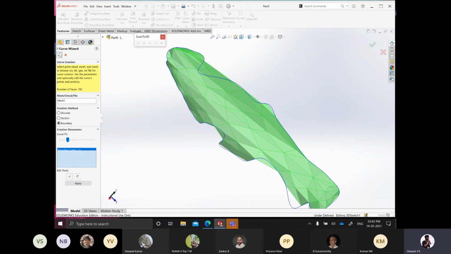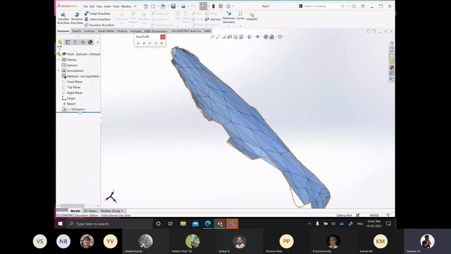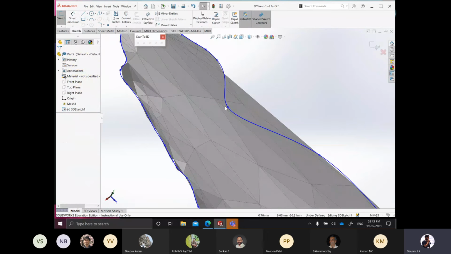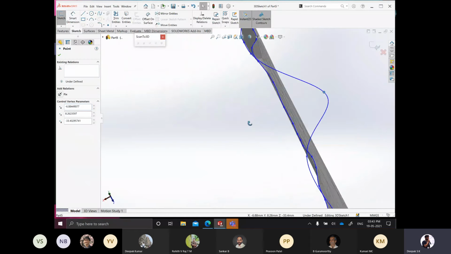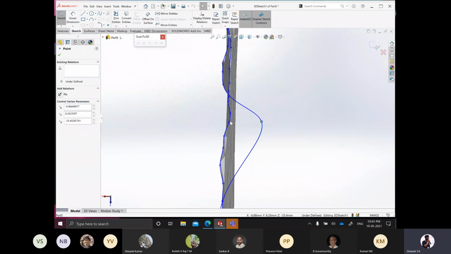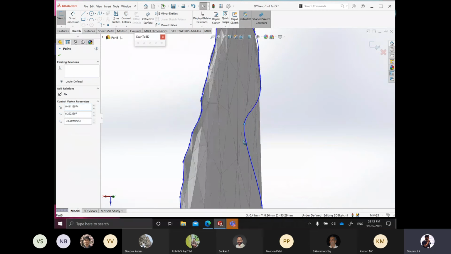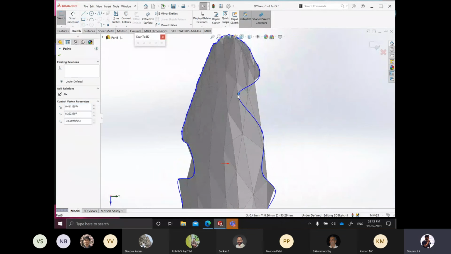Simply going to accept this for now. Now you can see that the software has created a separate 3D sketch for you. Now you can edit this sketch. You can drag and drop these points in a way that it best represents your model. Now mind you, this is a 3D sketch, right? So you go to one particular view, either front view or side view, and then try to approximate it. Otherwise you will never know in which direction it went. So from side view and top view, I'm approximating it.